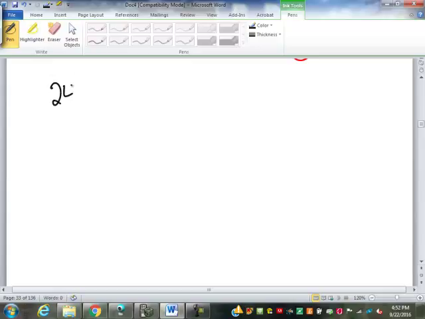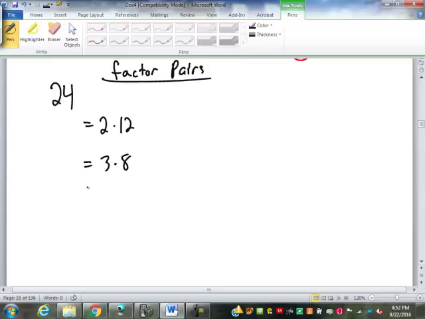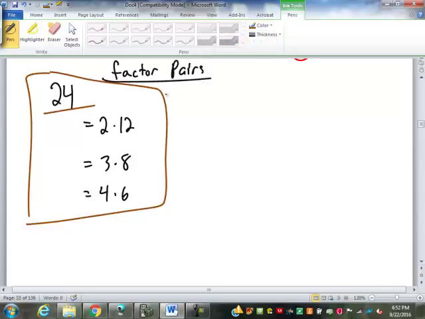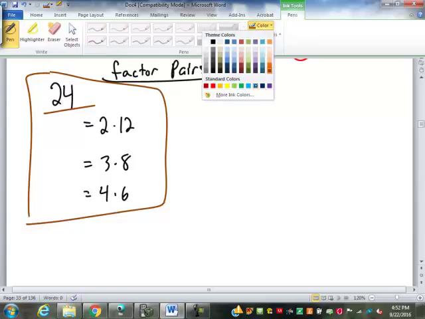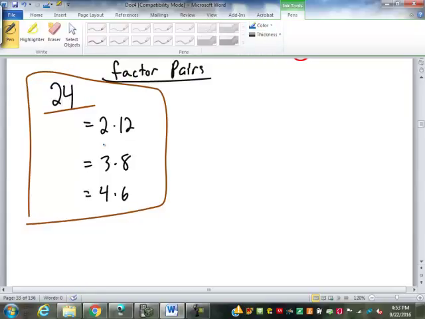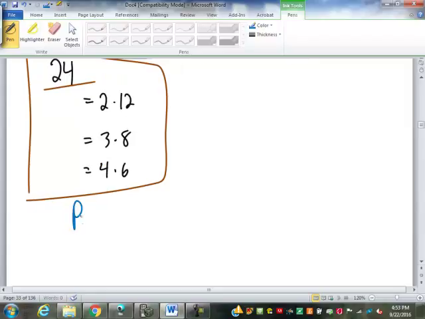Now we said 24 has several factor pairs. 24 could be 2 times 12, 3 times 8, or it could be 4 times 6. If I ask you to factor 24, though, which one of those am I looking for? Well, we don't know. So normally, rather than just doing factor pairs, we do a process called prime factoring. Prime factoring breaks a number down into its smallest possible components. So if I ask you to prime factor 24,